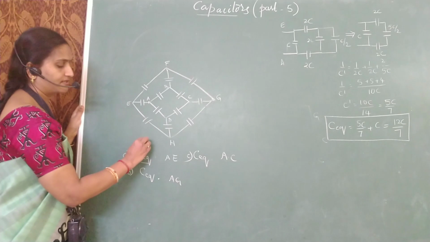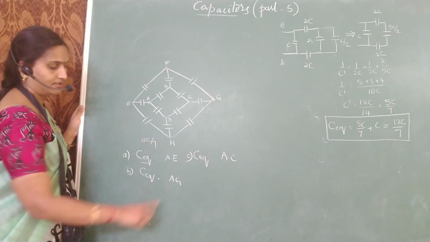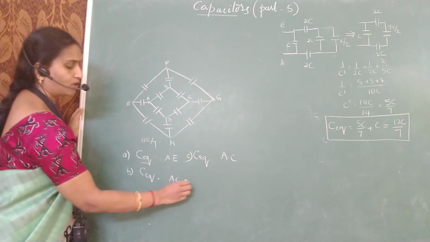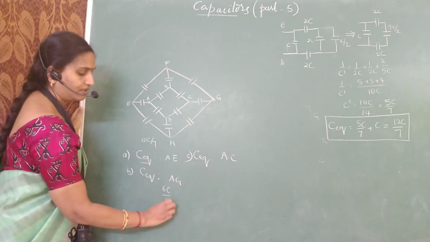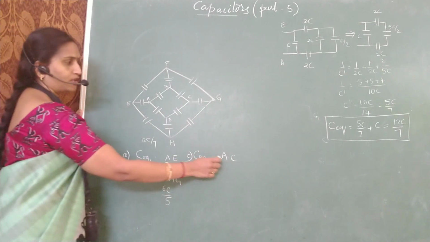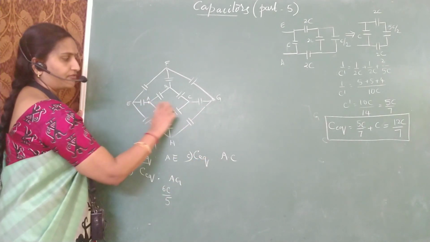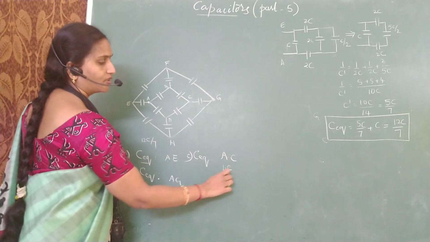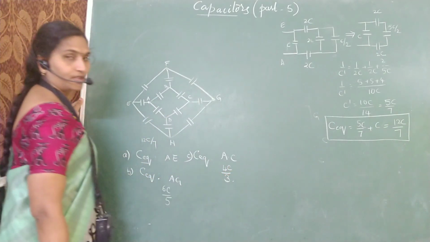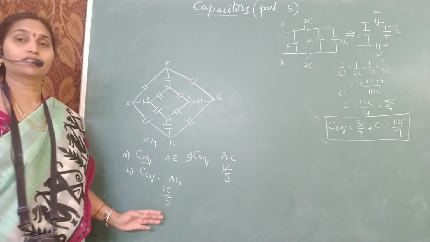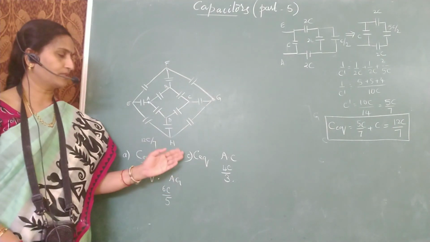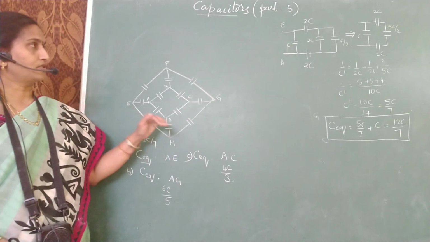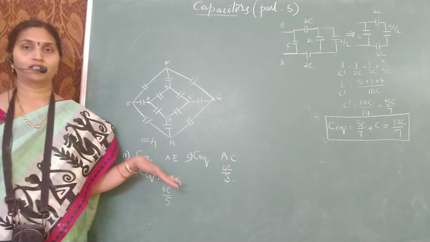Okay, this is for an edge, 12C by 7. AG. AG is the principal diagonal. For principal diagonal, what was the answer? 6C by 5. Across AC. See, A and C are phase diagonals. Just now we have done it. For phase diagonal, what is the answer? 4C by 3. Okay, if you remember, you can write the answers quickly. So these are the 3 possibilities in which cubical network questions may be given. So this is all about cubical networks in today's class.